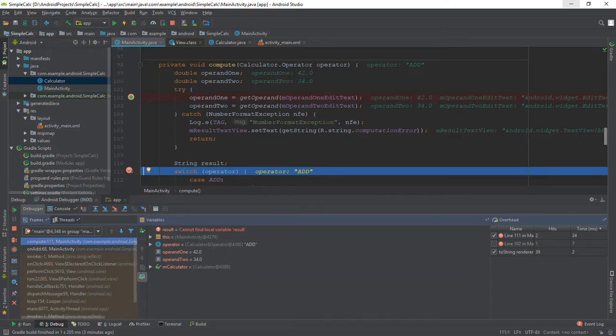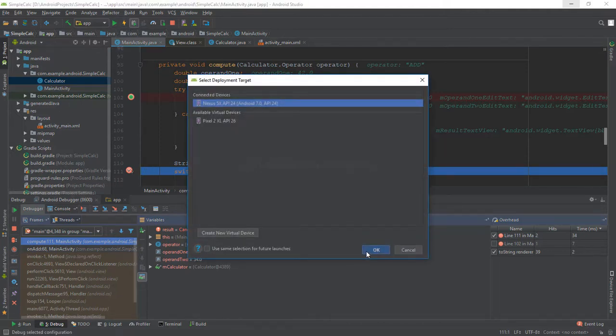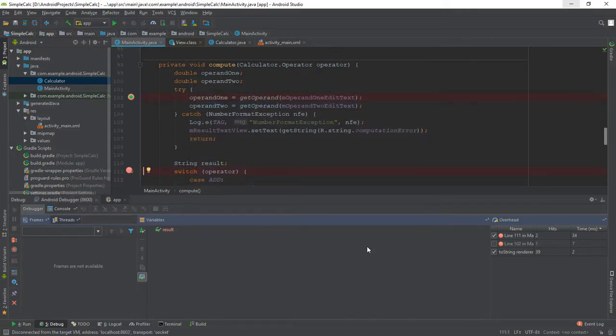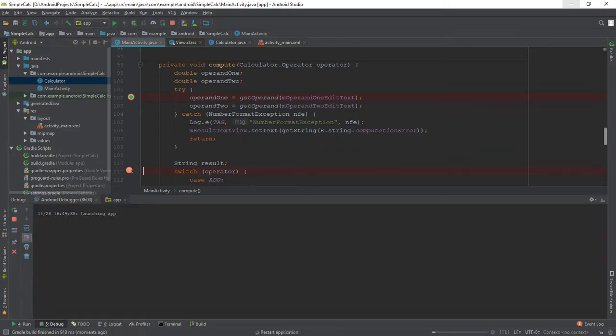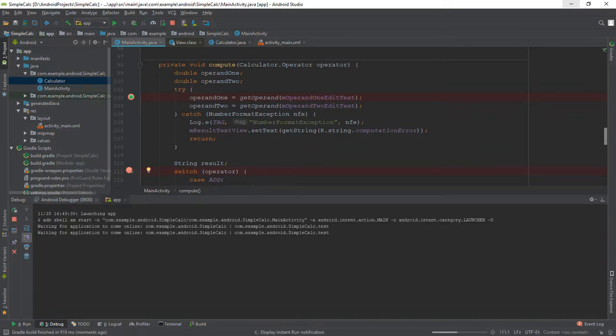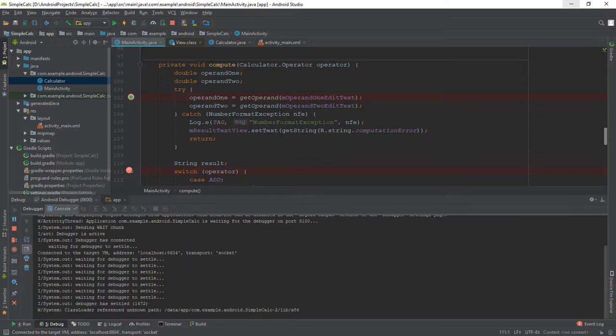You can also examine and modify variables. Simply run the app again in debug mode and enter two numbers, one of them 42, and click the Add button.